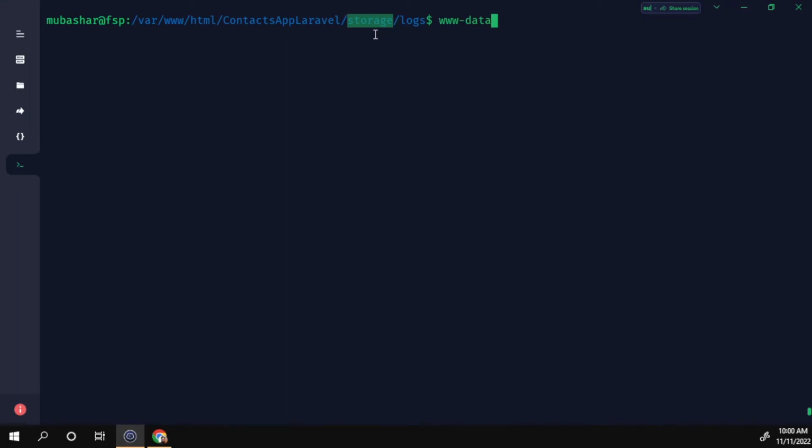We're going to make the owner of this folder www-data, which comes with Apache. So I'm going to go out, and we'll do sudo chown -R www-data:www-data on the storage folder. So if we do enter,